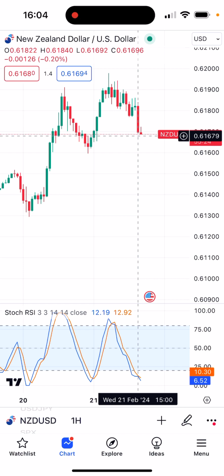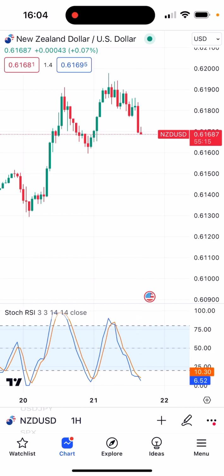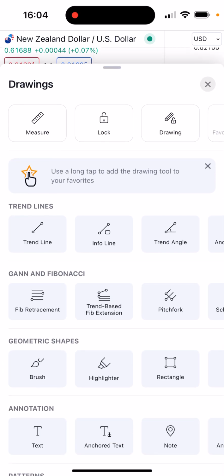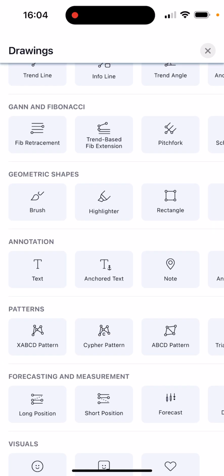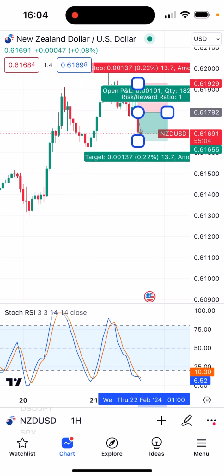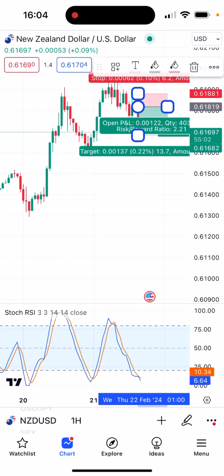I don't need anything else. It all depends how much you put in. So I put in £1,000, quick risk to reward ratio. Let me show you. So for instance, you went for a short position, had your tight stop loss at the top,